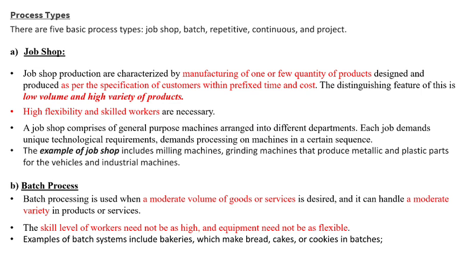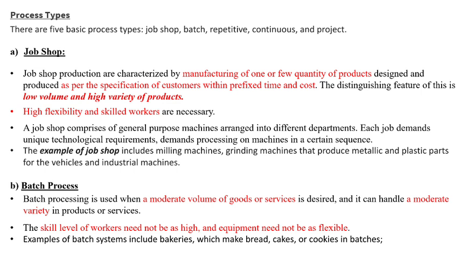Moving on to another 10 mark important topic, the process type. We have 5 types of process types: job shop, batch, repetitive, continuous, and project. Moving to the first one, job shop. It is characterized by manufacturing one or a few quantities of goods as per the specification of the customers within